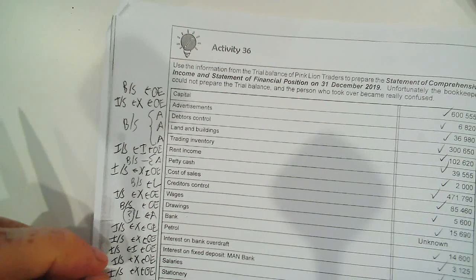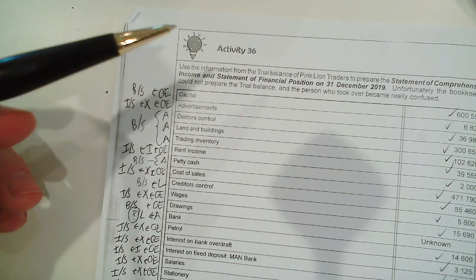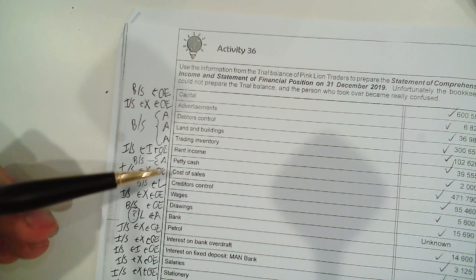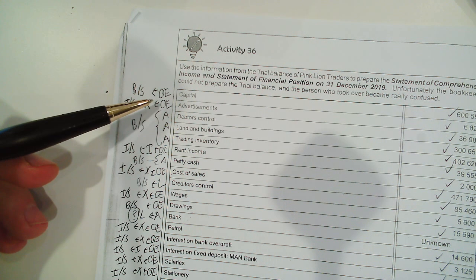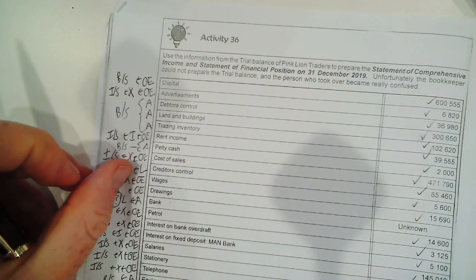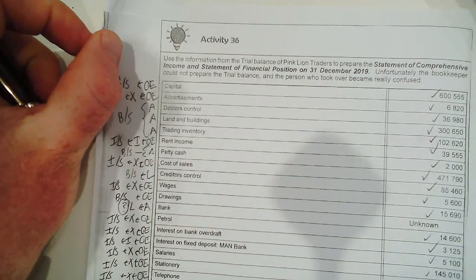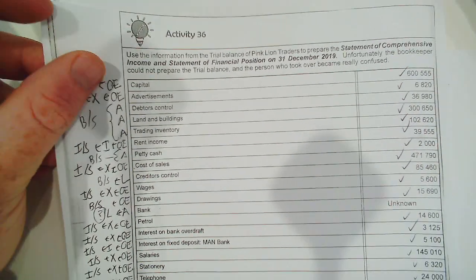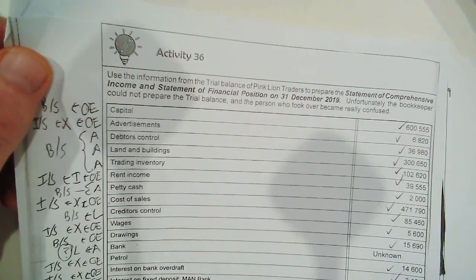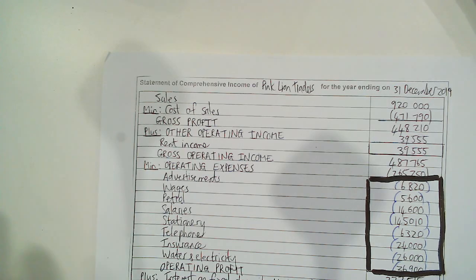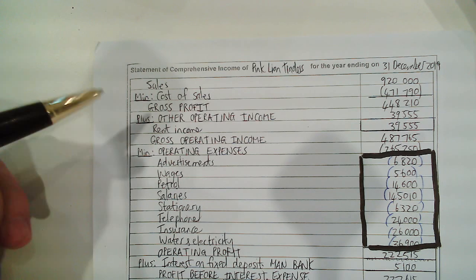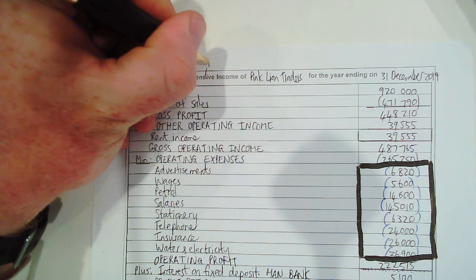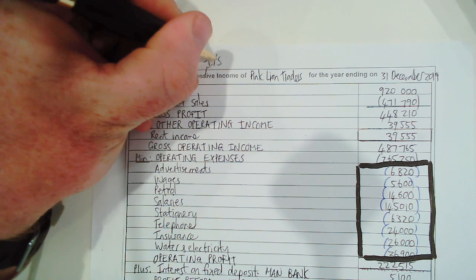The grade 9s. I'm busy with activity 36 and this will be video 2. Okay, in video 1 we did all the classification of all the accounts to show where it goes to the statement of comprehensive income or to the statement of financial position or balance sheet. Okay, so in this video I will be looking at the statement of comprehensive income, or known previously as the